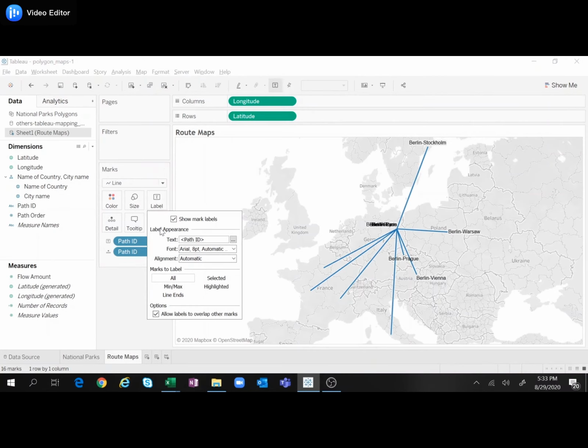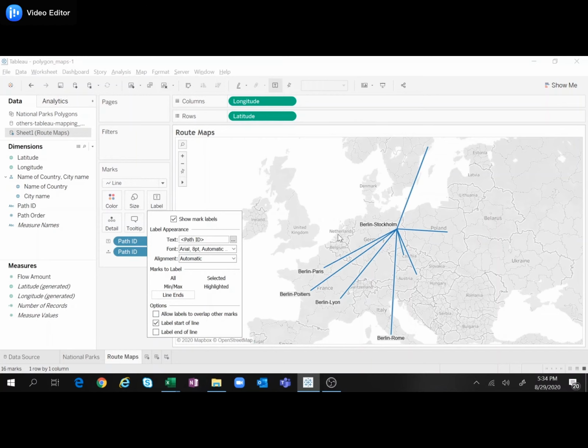Now how we can verify this is, if you remove this mark and go to line ends, now just select label end of the line. So now what is happening is, for these three paths, the end point is this, whereas the start point is the common point. Now if I reverse the selection, you can see for these paths, Tableau has automatically understood that the start point is this, and the end point is the common point.